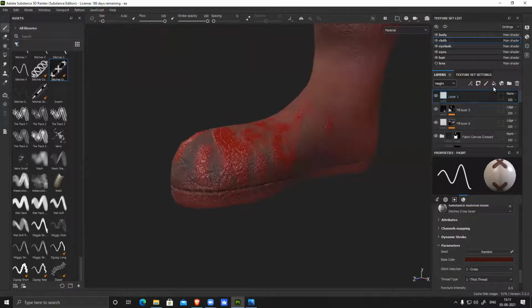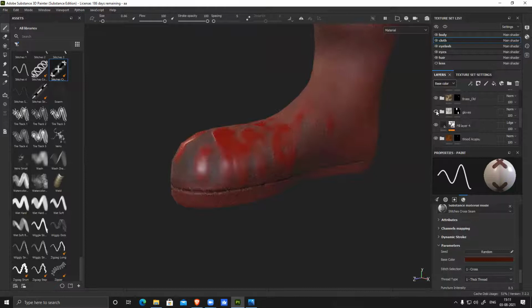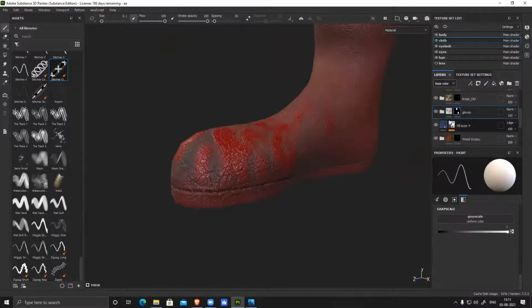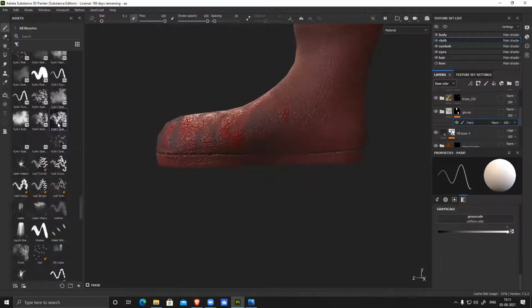So what I'll do is, either let's see where is it. Not this one. This one. Yes. So I'll select this, add a paint, and remove that area.